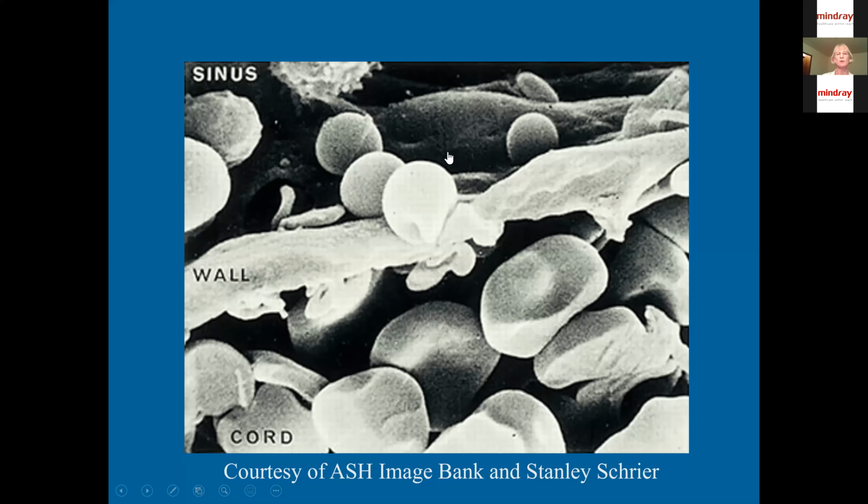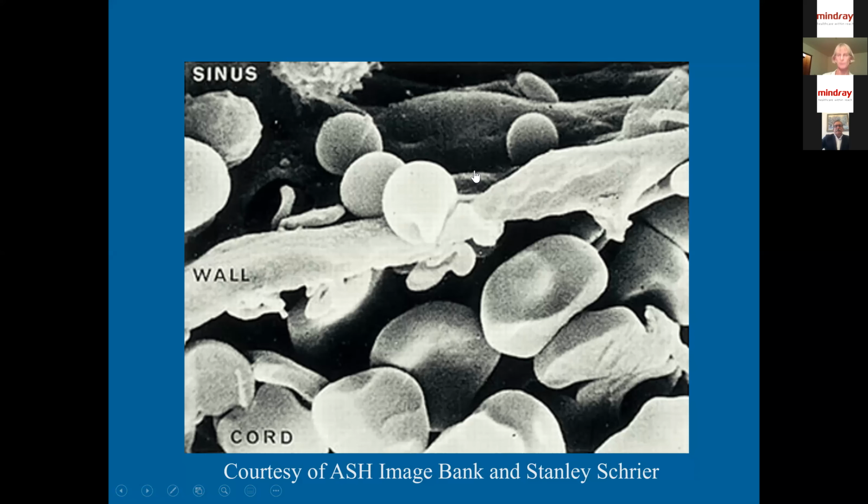And in order for a red cell to get through this narrow fenestration in the walls of the vessels, they have to have really good deformability. And if they have an abnormal shape, that can interfere with their ability to deform and get through the fenestrations. Such an abnormal shape, I'll get into in a minute, would be spherocytes. So instead of being a normal biconcave disc, they would be spherocytic and have trouble getting through these fenestrations and